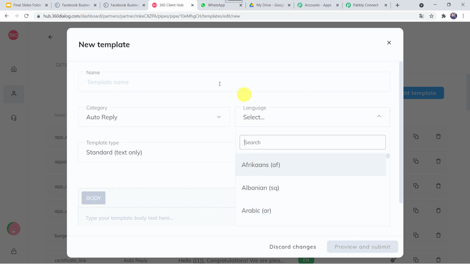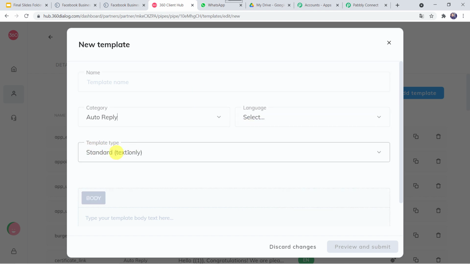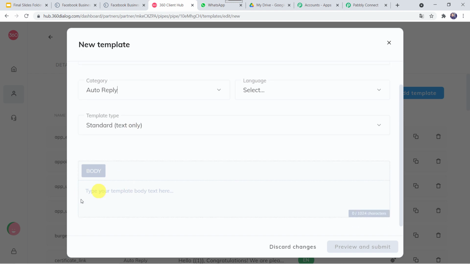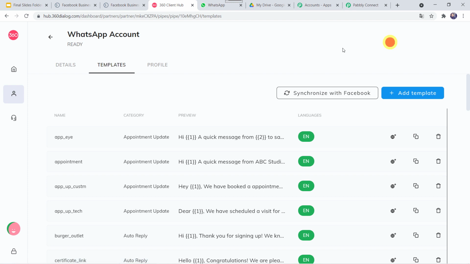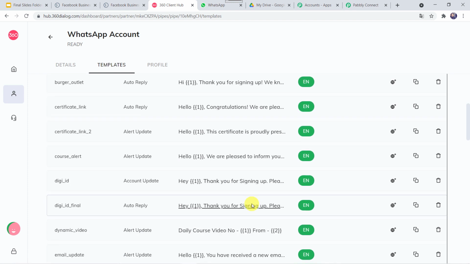You can select the template type, and here you can give the body of the template, that is the text, whatever you want to send. Then you have to click on Preview and Submit, and send this template for approval from Facebook. I'll close this template and open the template which I have already got approved.